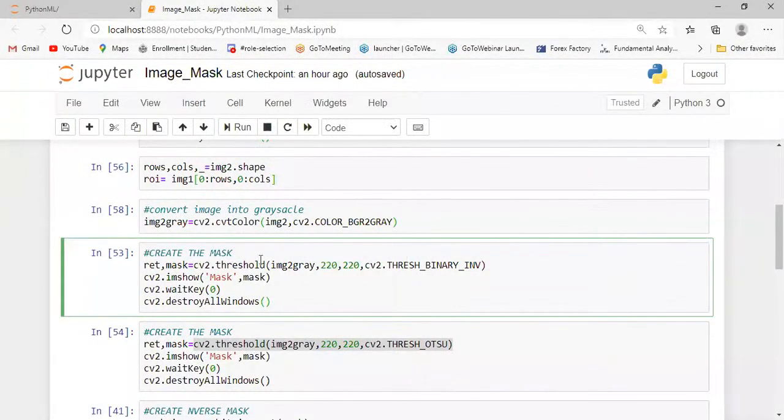This method is cv2.threshold passing the image array, pixel of the white color, and the method is cv2.THRESH_BINARY_INV.